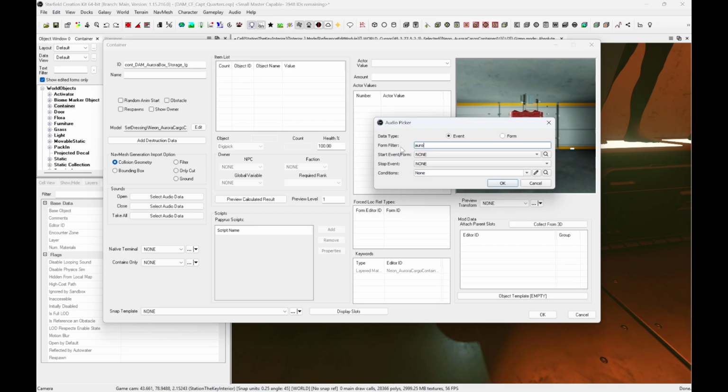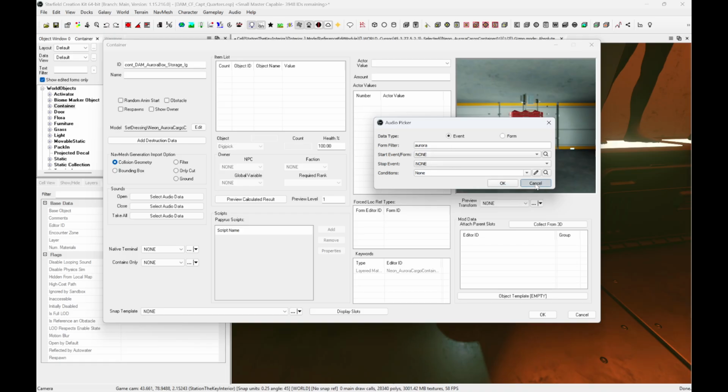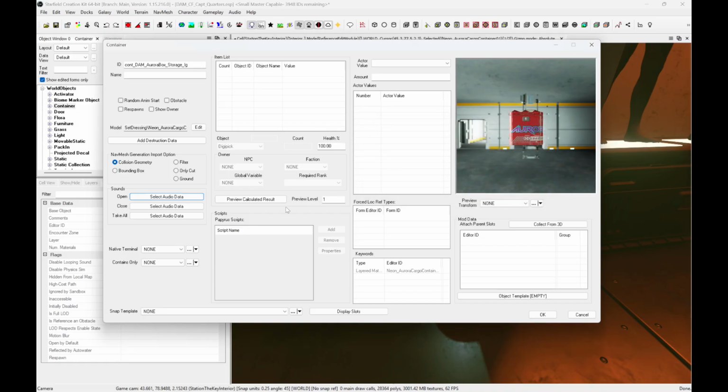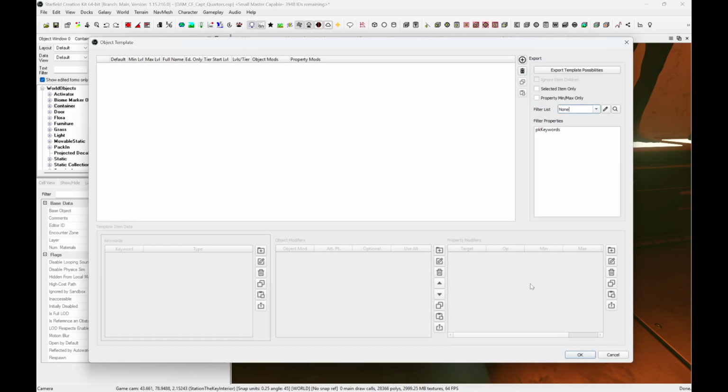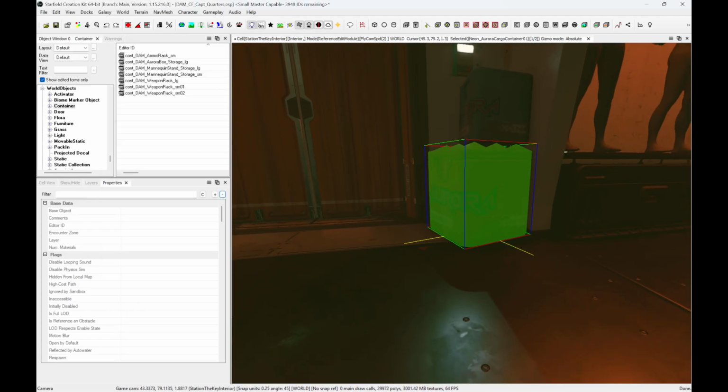I don't know. I doubt there's anything in here for. No. We'll figure out an audio for it later. But this is good for now. It's got our layered material swap. Object template. Yeah, no, nothing we need right now. Okay. So now we have